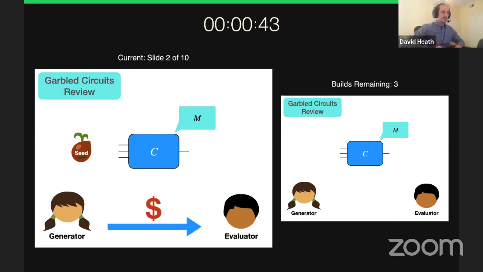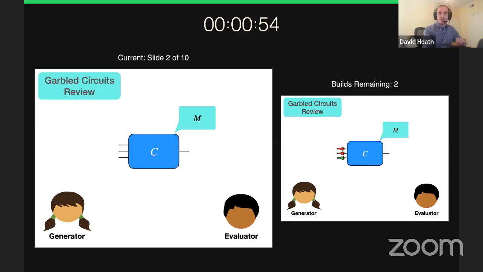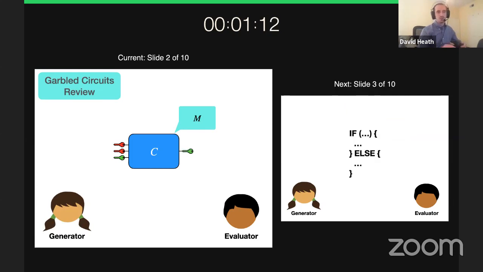The key point is that this simple sending of material from the generator to the evaluator is the single most expensive part of garbled circuits, and it is this cost that we decrease in this work. The evaluator now has the material M, and he also obtains so-called input labels, though I won't describe how he gets these. These are encryptions of the logical inputs to this circuit. The input labels and the material are sufficient information for the evaluator to step through this circuit gate by gate and eventually arrive at labels that encode the circuit output. Now the two players can communicate in order to jointly decrypt the circuit output.